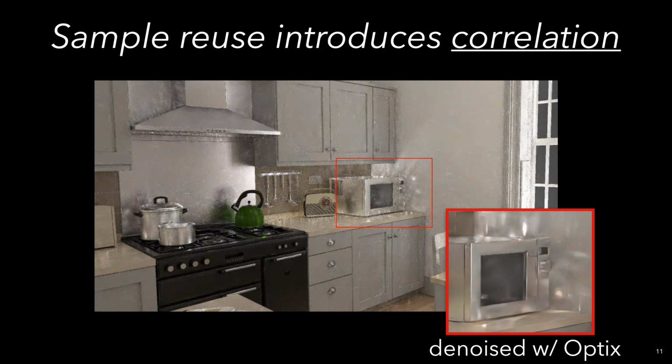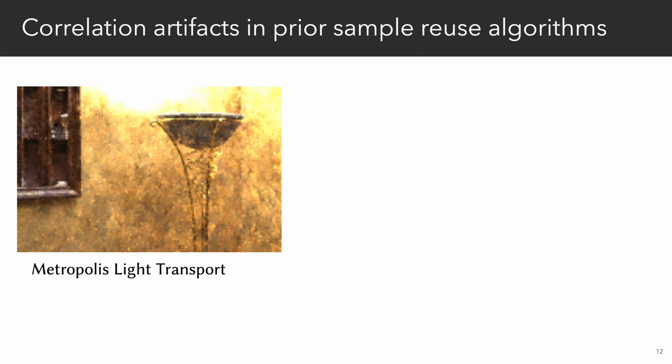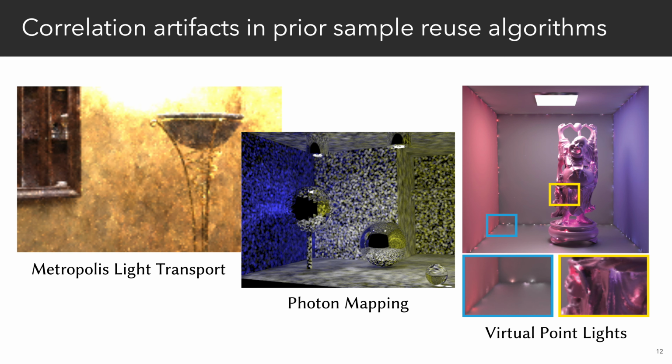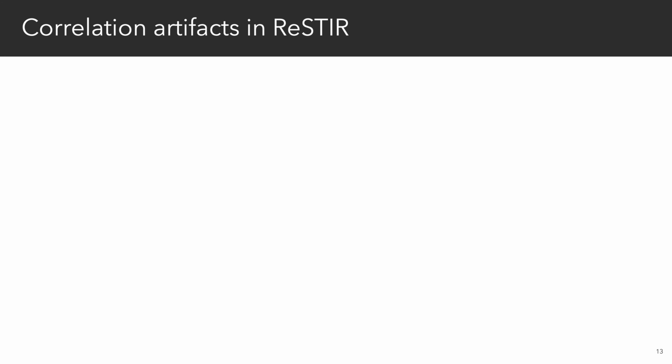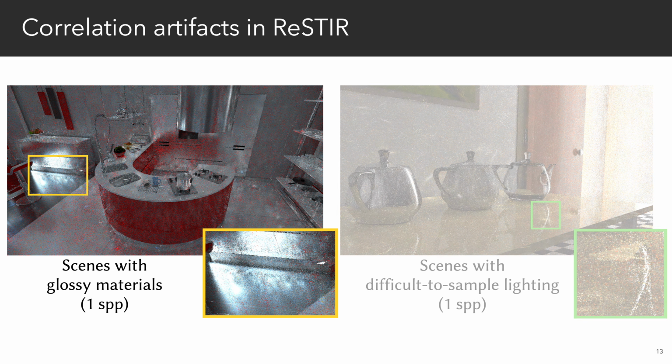Now, correlation artifacts are not unique to ReSTIR. Other sample reuse algorithms, such as Metropolis light transport, photon mapping, and virtual point light methods, also suffer from similar artifacts. With ReSTIR, we find this to specifically be the case in scenes with glossy materials and difficult to sample